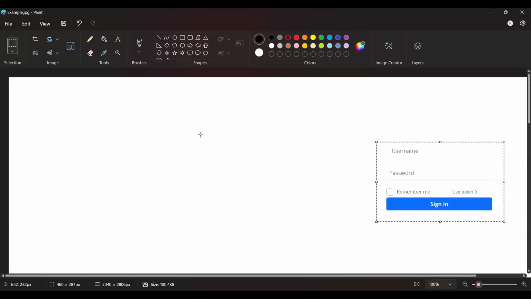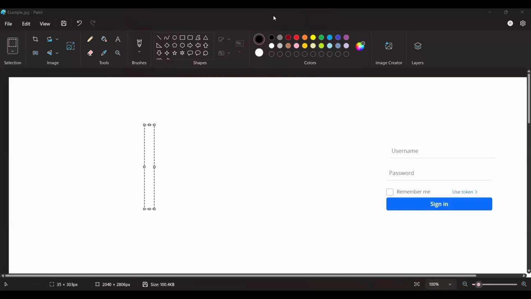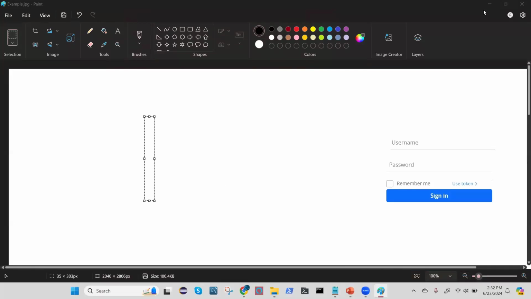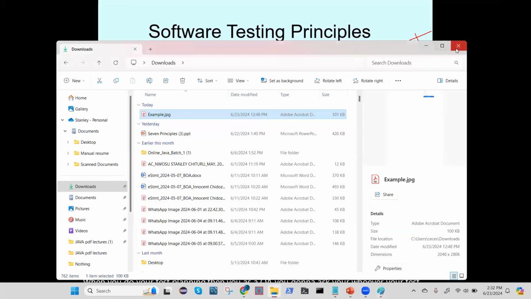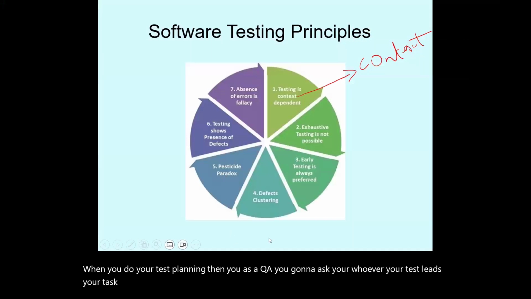Everybody's logging into facebook.com, TikTok, and all those things. So, type of testing needed. When you're doing your test planning, then you as a QA, you're going to ask your test lead, your test manager, or the business people,